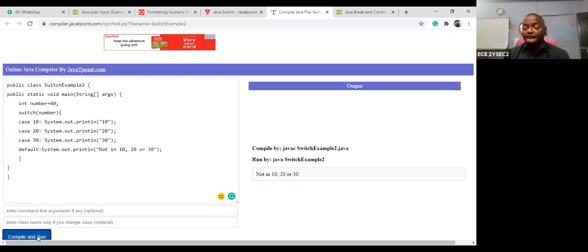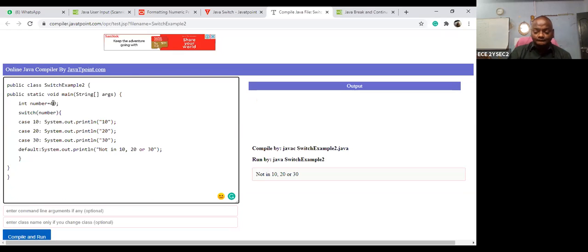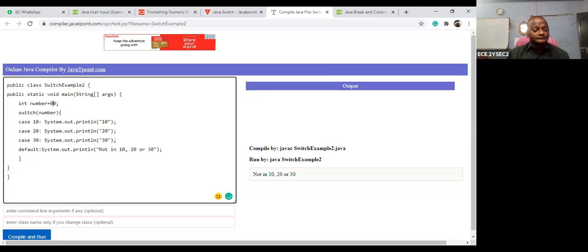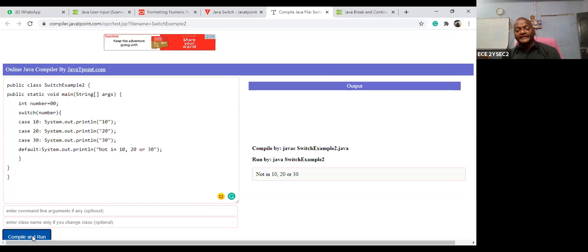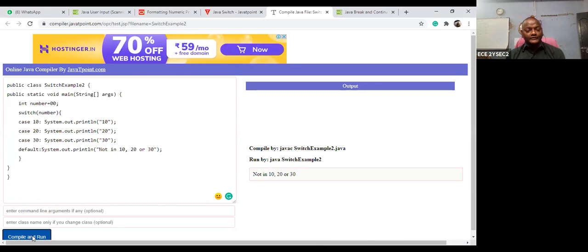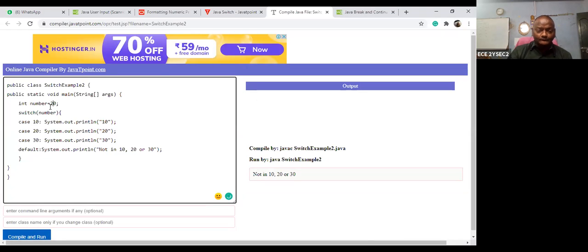It is not in 10, 20, 30. Suppose I'm giving 0, it is not in 10, 20, 30. Okay, right. Suppose let us take, I want to give 20.